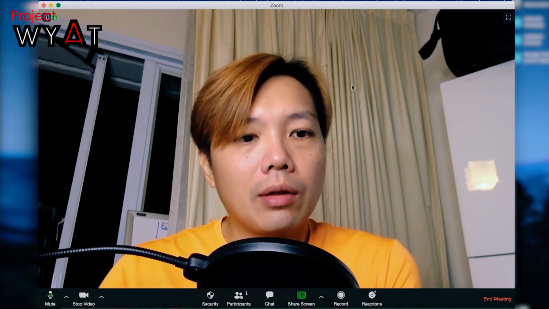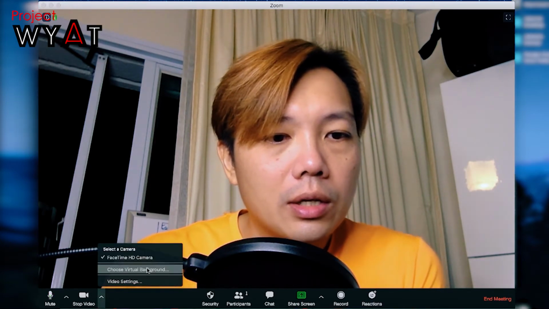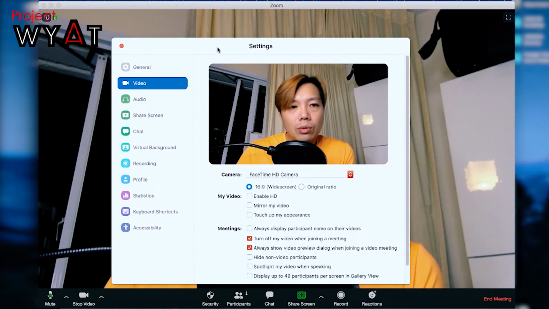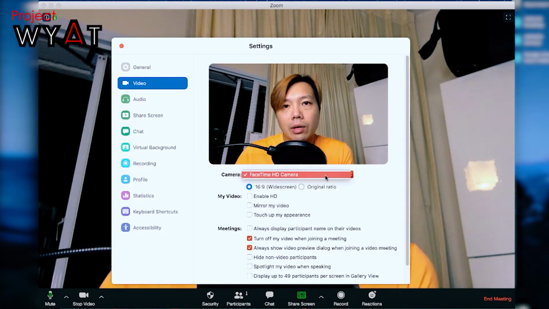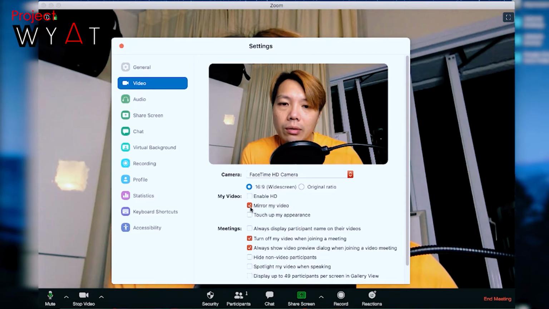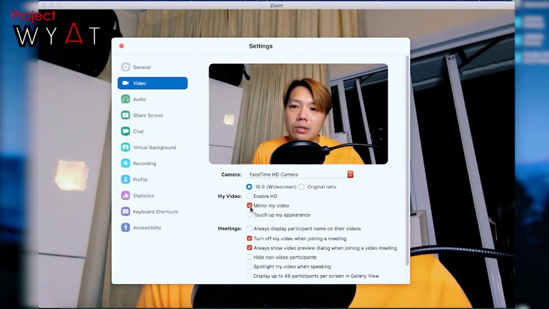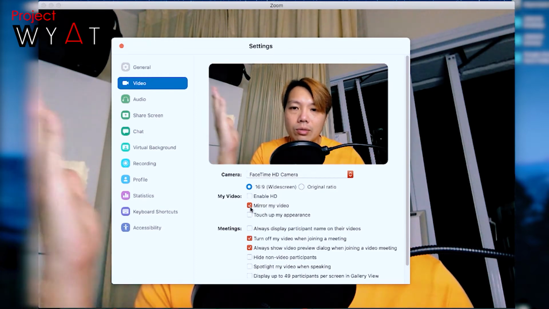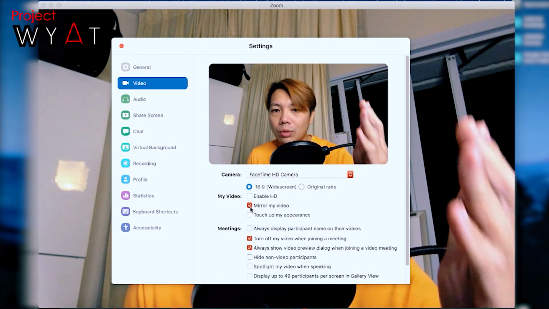So how to make it a little interesting is there is a video settings here. So during any meeting sessions you can adjust your video settings. Right, so if you have a secondary camera, it will show up here. Right now I only have my tiny little camera from my computer, so it says it's a FaceTime camera here. And if you want, you can actually mirror your video, which in essence, if you want the right to be right, it just shows it. So I'm pointing my left hand and you see it's my left, and if I'm showing my right,